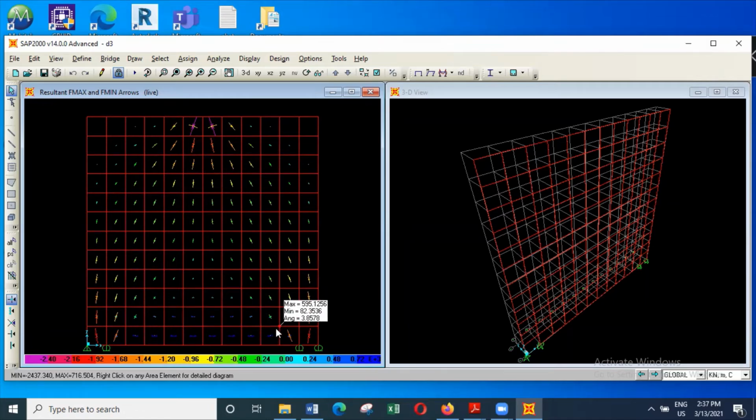The strut and tie method, where these will become the compression struts or columns, and this part will become a tie. So we have to provide reinforcement here, and also we have to check this reinforcement in these areas to make sure that